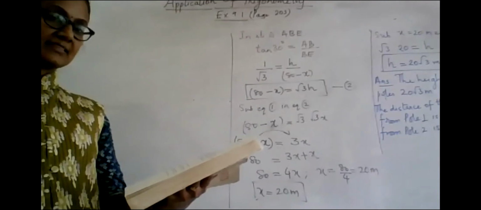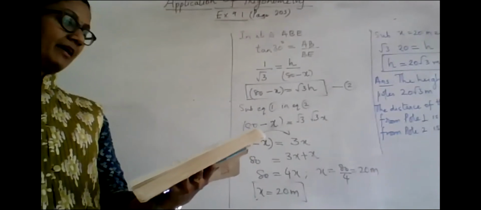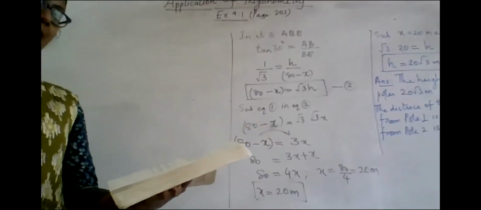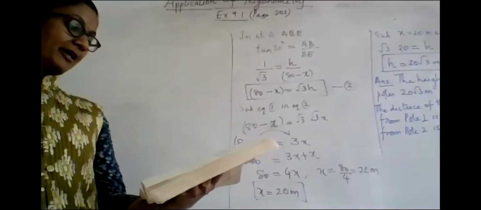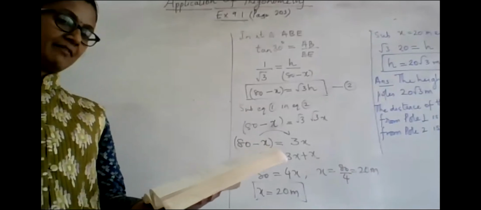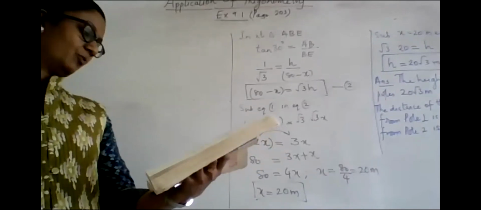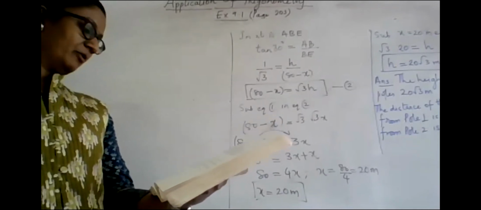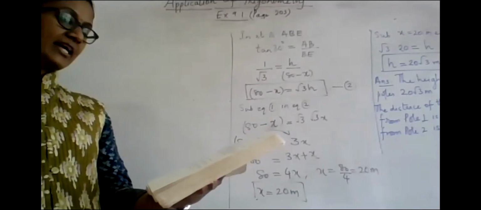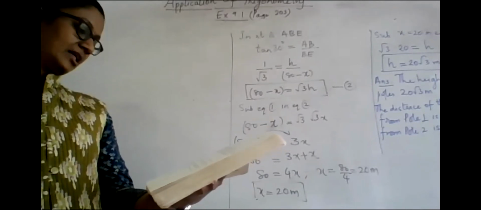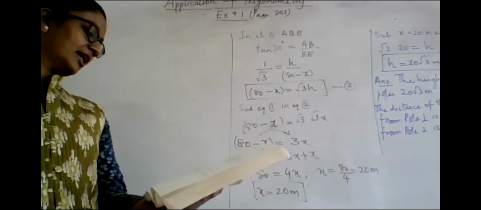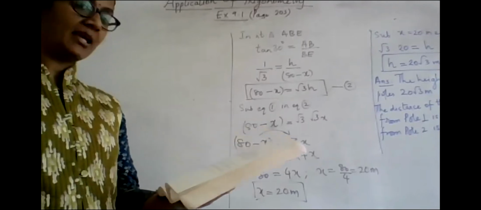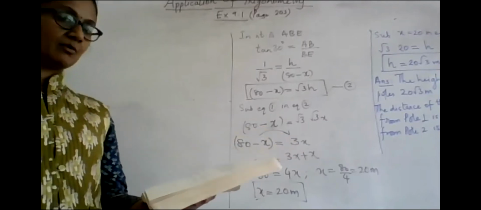So we are standing at C. From C we are walking away from the tower. So we are moving away from the tower by 20 meters, and we are reaching a new point D. So you are seeing the figure there. We have reached a new point D now. From there, the top of the tower is seen at an angle of elevation of 30 degrees. So can you see at D, the angle of elevation is 30 degrees. Find the height of the tower and the width of the canal. So what I have to find out is AB and BC. That is the width of the canal.